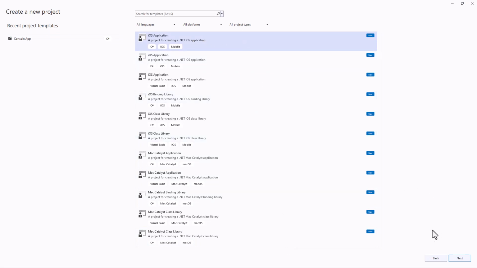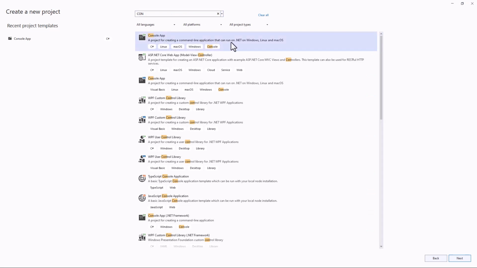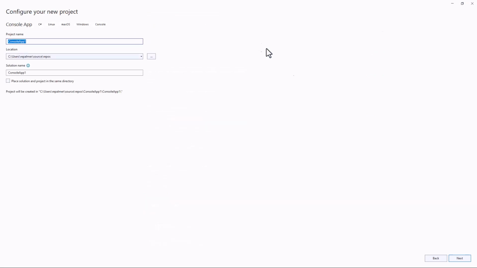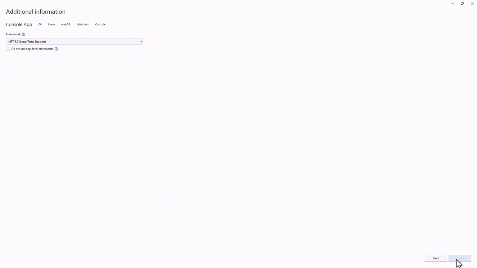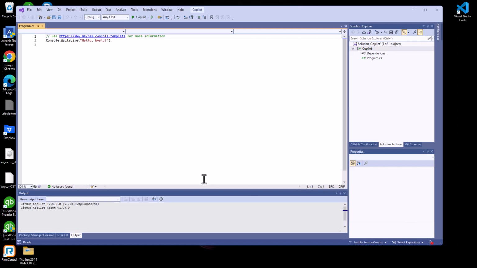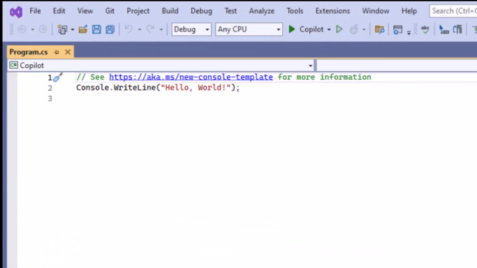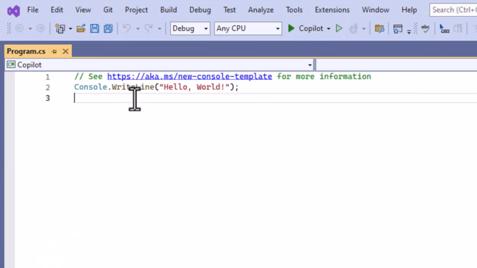So I'm going to create probably the simplest thing I can do, just a console application, and I'm going to do it in C#, and we'll call it Copilot. And take the defaults, and we get a nice simple hello world application. So what I want to do is write some code that will give me the bigger of two integers, two numbers. So int